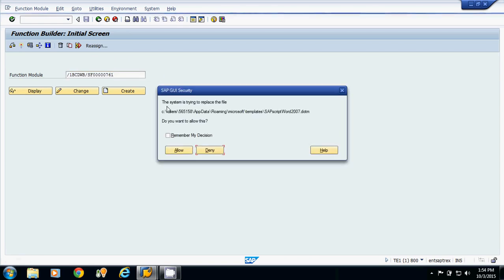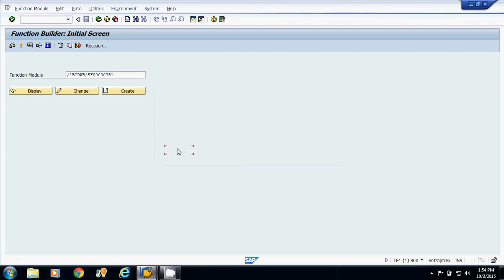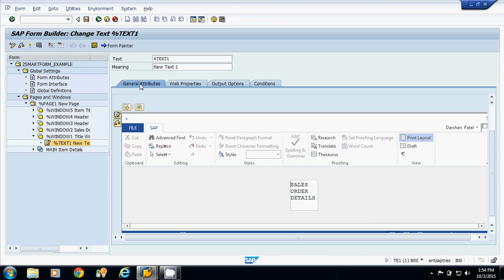Now we will go for creation of include text. Now what is include text? We have already discussed that include text is again a reusable text, but it can be applicable to everyone. We can use the include text in reports, function modules, smart forms, anywhere. The transaction code for creating the include text is SO10.